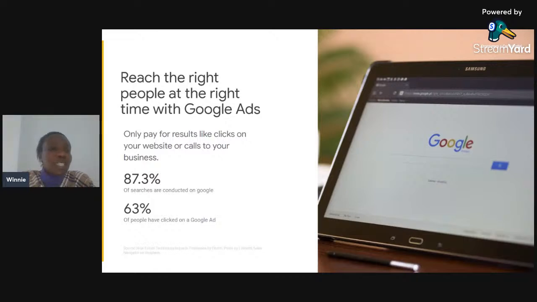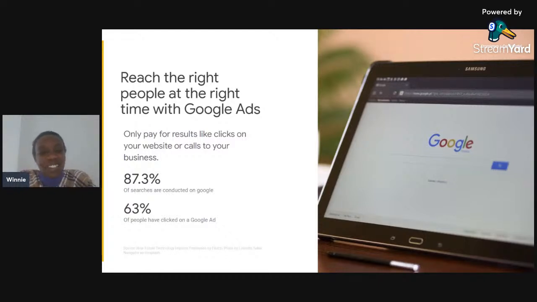Remember, 87.3% of searches are conducted on Google. I know the majority of us use the Google search engine to search for things. Probably just a few would use Bing and other outlets, but Google is like our big brother who seems to know everything that we need. Unfortunately, for the good and the bad.